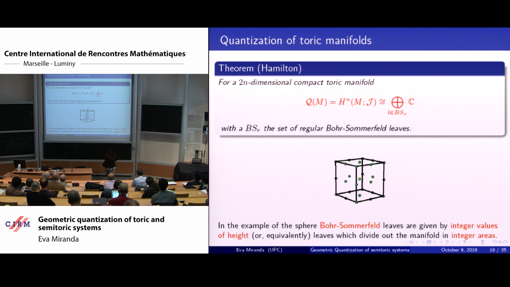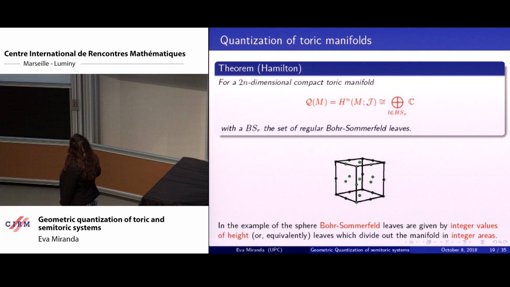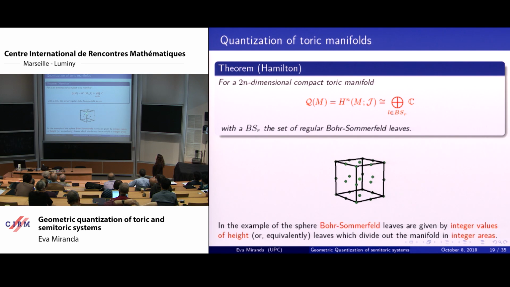It's something, okay. What he did is to prove that the quantization is localized, of course, in half of the dimension, and that you don't see, so essentially he proved that you count the Bohr-Sommerfeld leaves, the regular ones. So if this is the image polytope, you just see the regular ones, and the ones which are on the boundary, which would correspond to singularities. So in this toric language, the points, the vertices that are on the edges or on the vertices correspond to singular points of your integrable system.